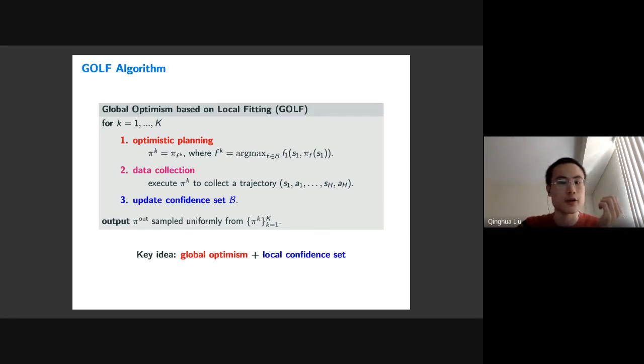The reason for calling it global optimism is that in reinforcement learning, we have strong correlations between different time steps. Here, we only need to be optimistic at the initial step. We are not computing an optimistic estimate for each step and passing it forward as previous works have done. For the later steps, we constrain them using a sequence of local confidence sets. And each local confidence set only depends on two consecutive steps. That's why we call them local confidence sets.